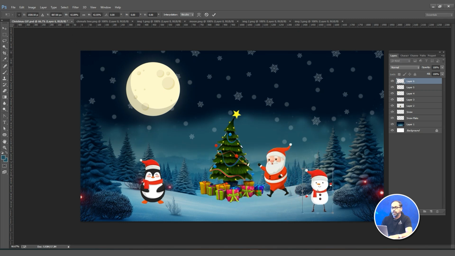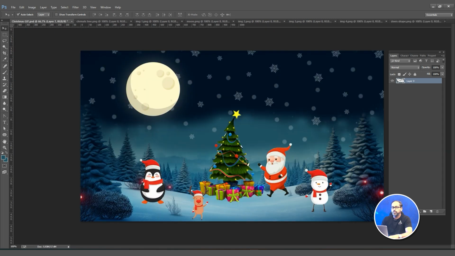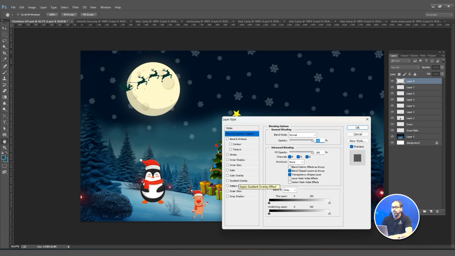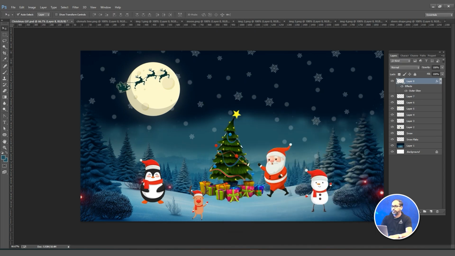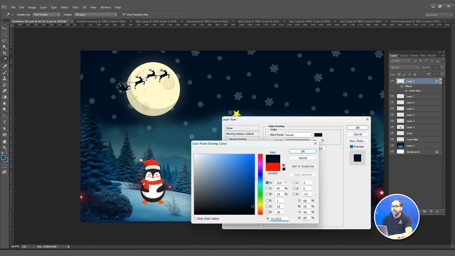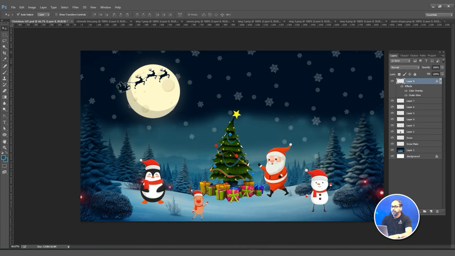So I'll try creating multiple copies of them. That's the reindeer. So bring in the reindeer as well and try duplicating this. I'll try to give an outer glow to this so that it looks more realistic, and this time I'll try to make up everything in different layers. I'm turning this into black so that it looks really cool when it goes above the moon, and